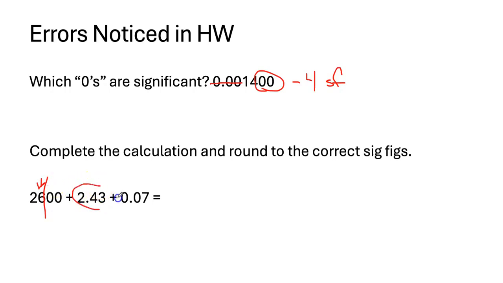I can see that I've got 3 significant figures here and they're going to the hundredths place. I see I've got 1 significant here and it's also in the hundredths place, but it's not really going to matter because 2,600 doesn't have a lot of significant numbers in it. And so you should have come up with something like 2600